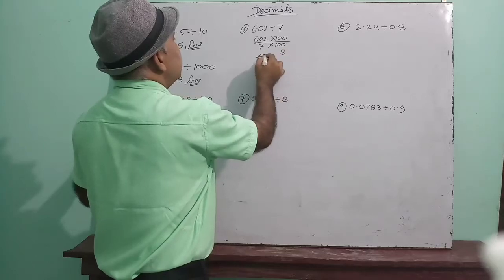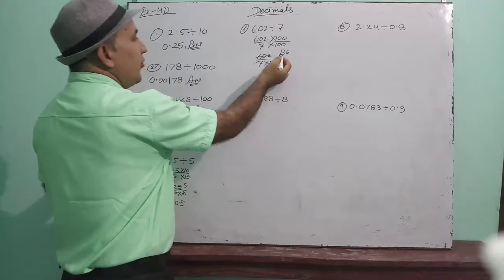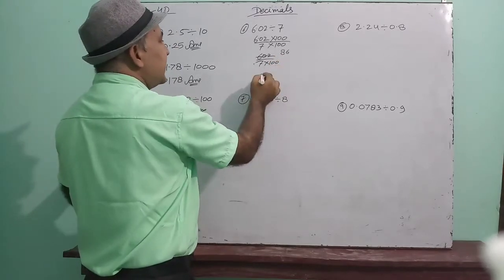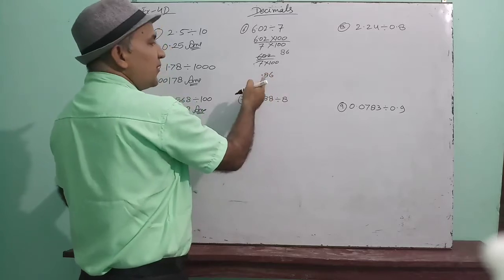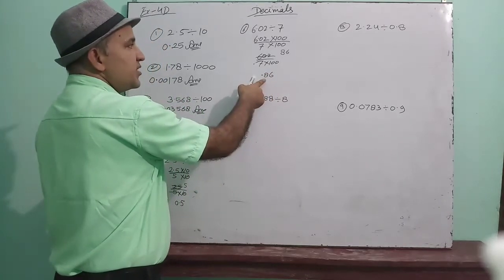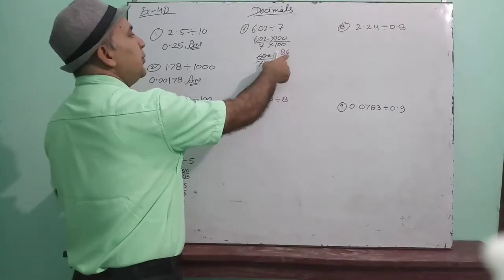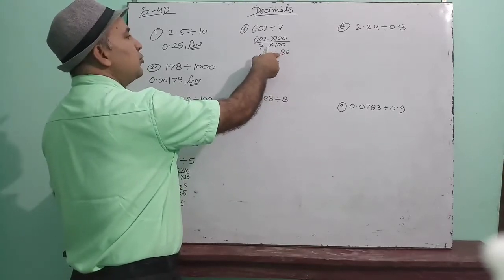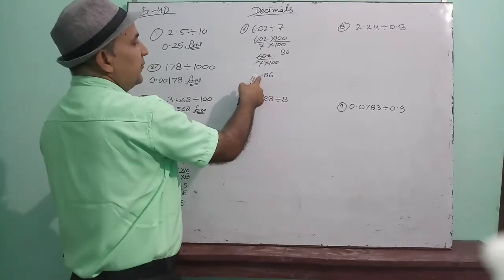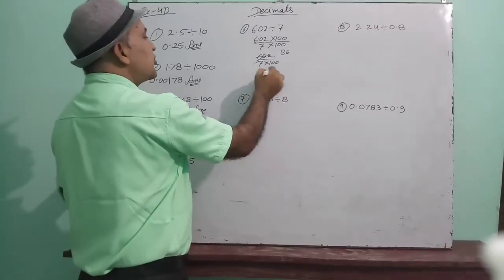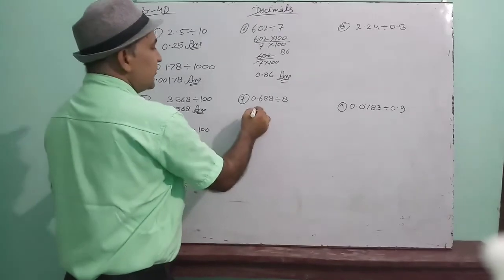7 8s are 56. 7 6s are 42. Now when 86 is divided by 100, the decimal will be put 2 digits to the left-hand side. See this one, because in 100 there are 2 zeros, so the decimal will be put 2 digits in the left-hand side. So it will become 0.86. Before the decimal no number, so put 0 from your side. Okay? Now see